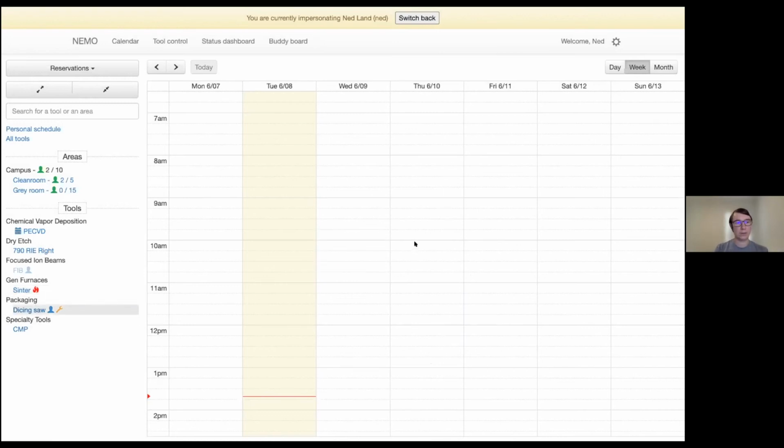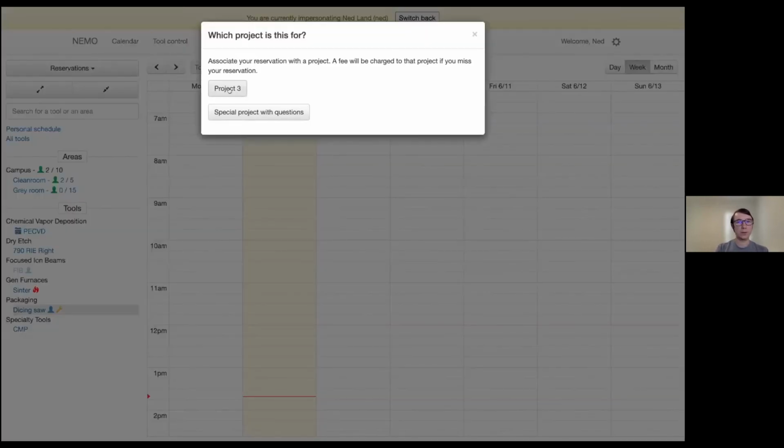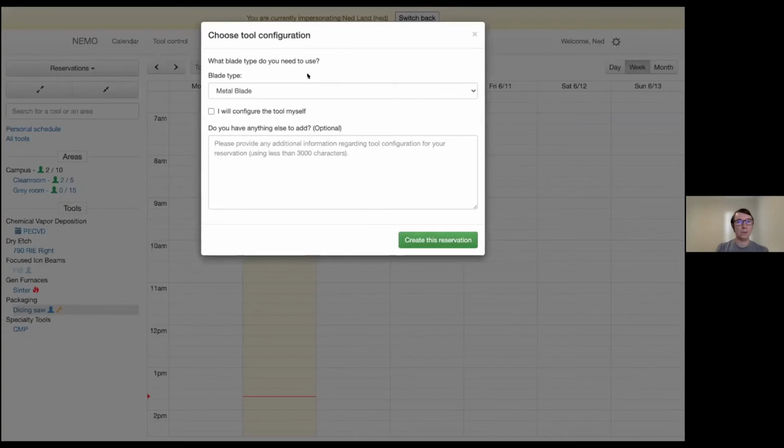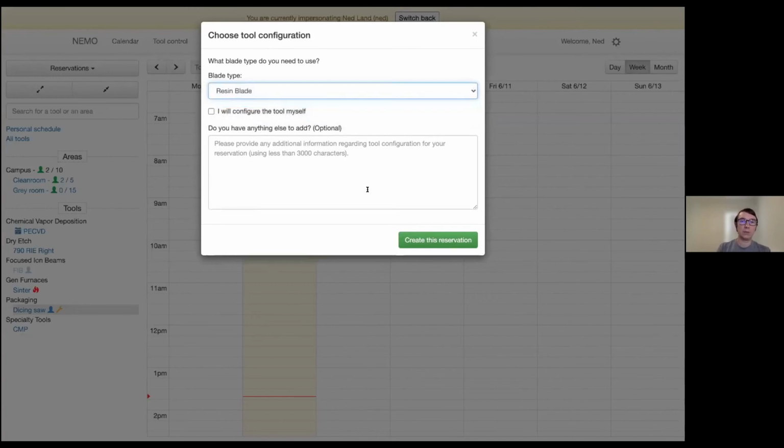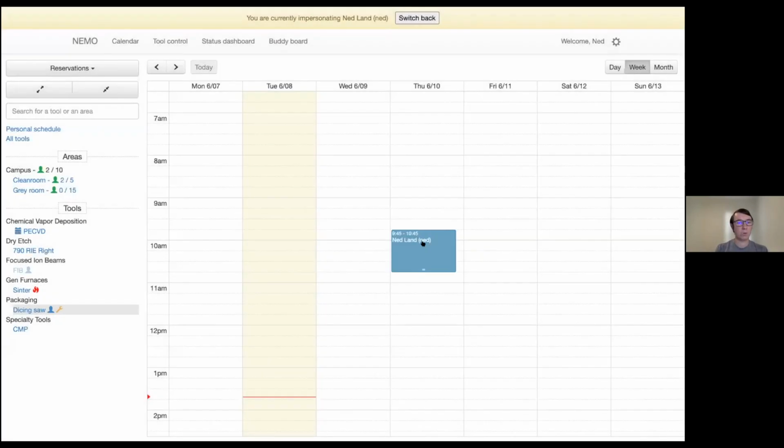configurations on tools. That's yet another way to configure certain tools. If I try to make a reservation for this tool that has a configuration, I have to pick how I'm going to be using it, which in this case is which blade type I'm going to use for this tool. And this one has the option where I can configure the tool myself. Otherwise, this will be used for staff members to know when they need to change certain configurations on tools. All right, so now I can create